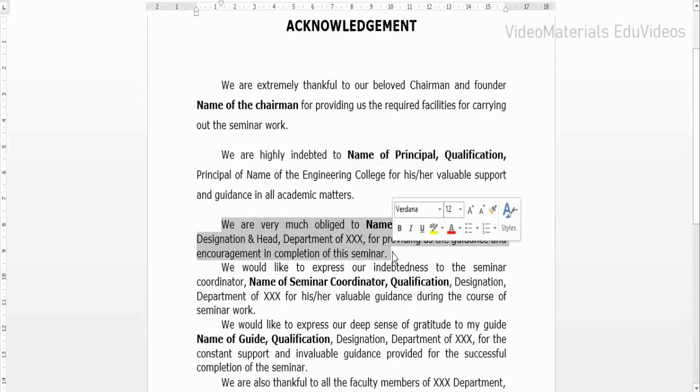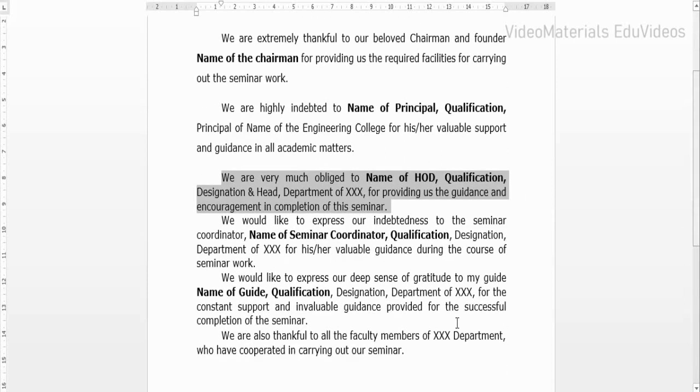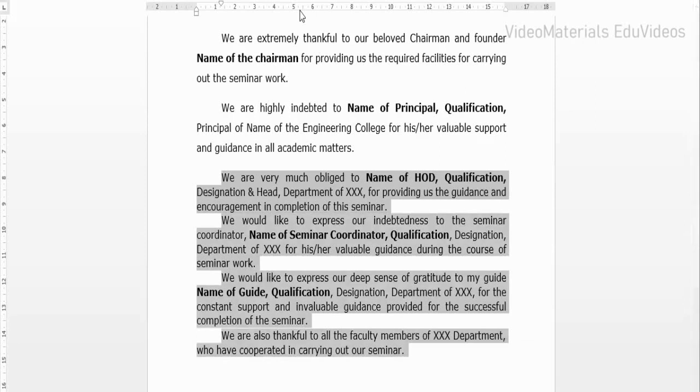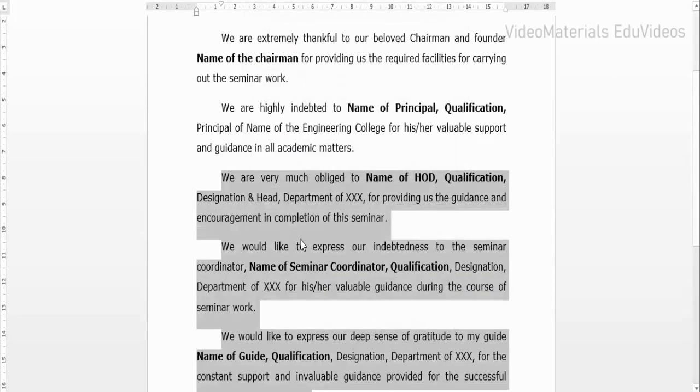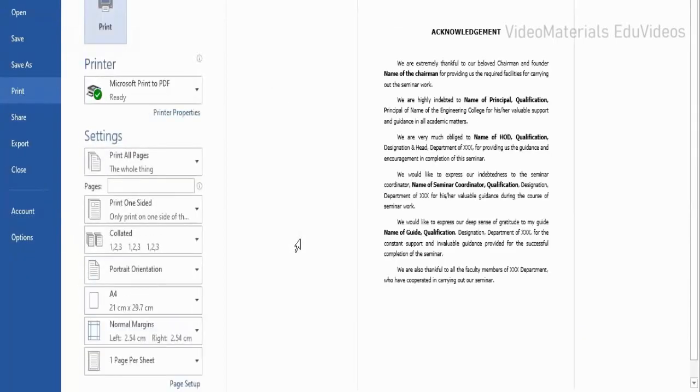So instead of format painter, I need to apply the bold for the necessary words in the document, so I need to select the paragraphs from the third paragraph to the last paragraph, and I am going to apply the same, that is 1.5 spacing, and after paragraph I am going to apply 10 point spacing. Enter. Now when I see the preview, it looks like this.